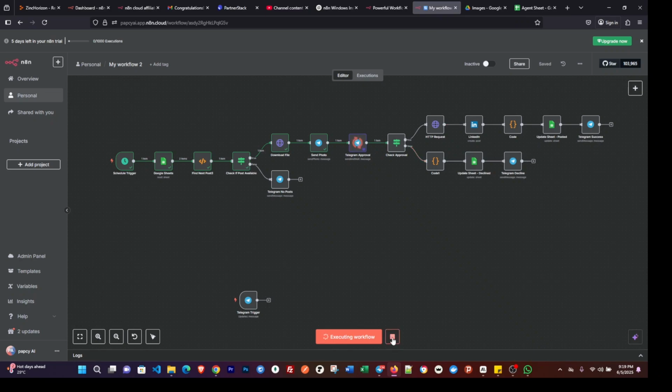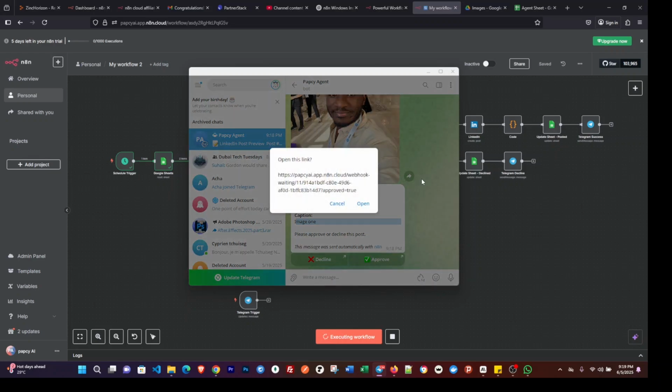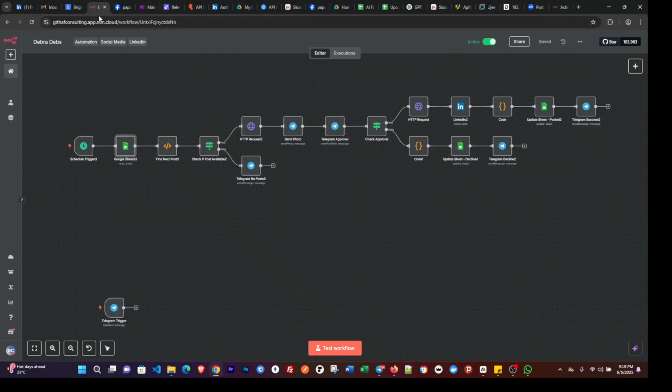Cool. So now I have here two buttons, decline or approve. If I approve, it goes ahead to post on LinkedIn. If I decline, then it's going to, okay, let's try this. So let's hit approve first. Then if I go back to the workflow, I should be able to see, oh sorry,